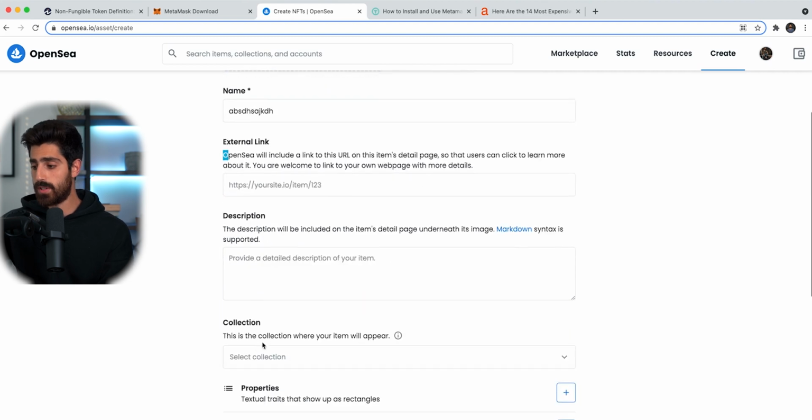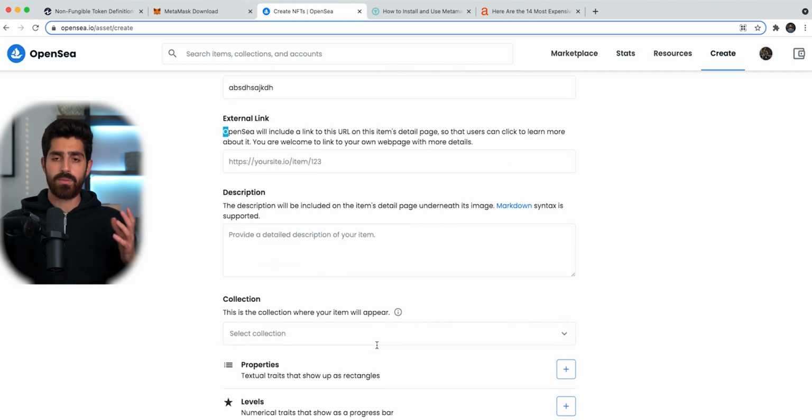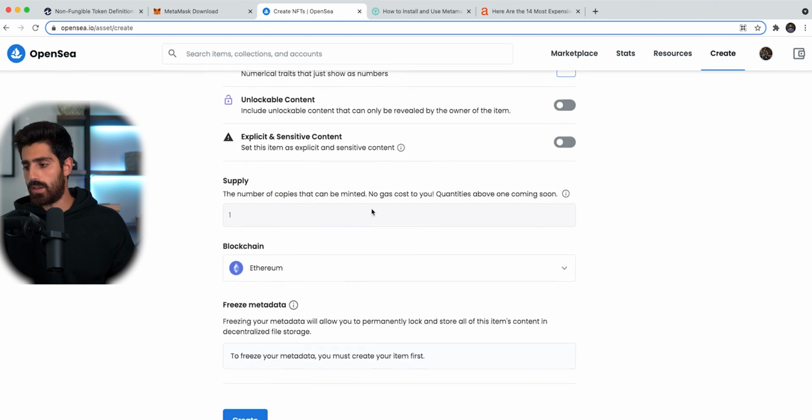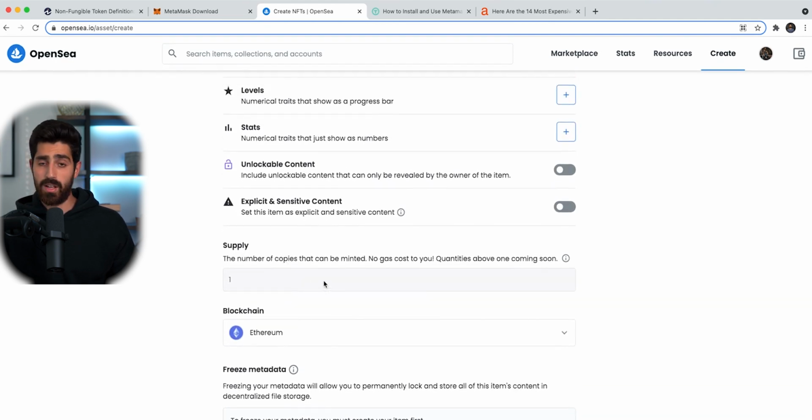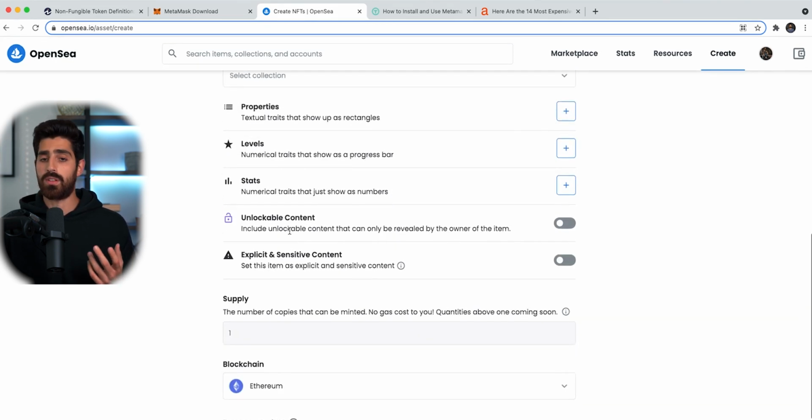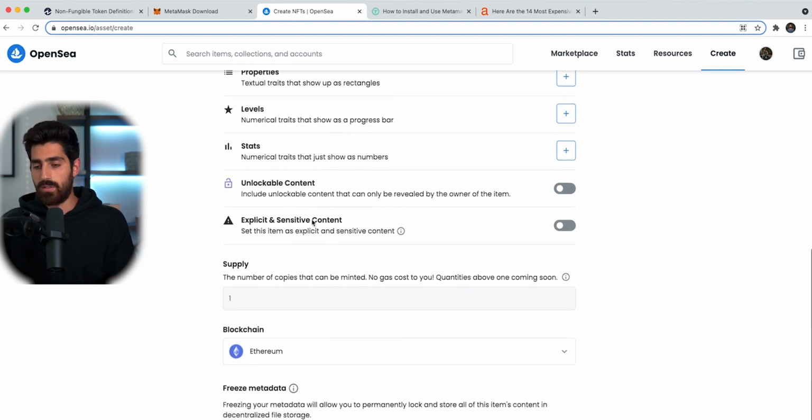And then you can put a description. You can put a collection. So you can have multiple collections. Let's say one of them can be, let's say, selfies, and the other one can be drawings or whatever. It depends on what you're creating. And then when you're done, you can set the supply of how many tokens you want, how many NFTs. You can put 10 of the same pictures so people can own 1 or 10,